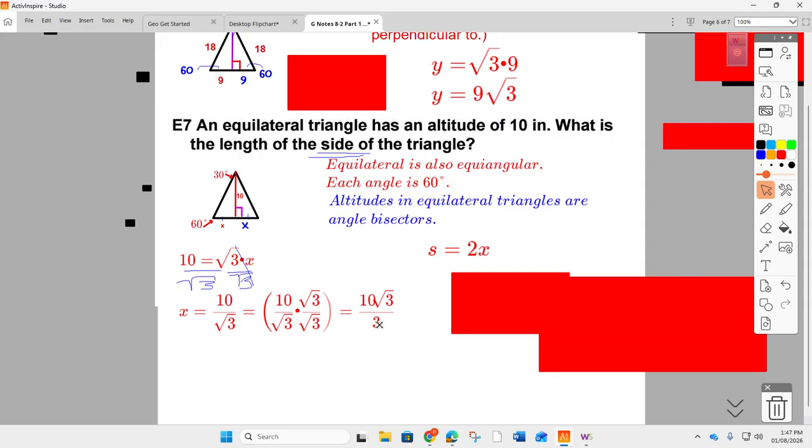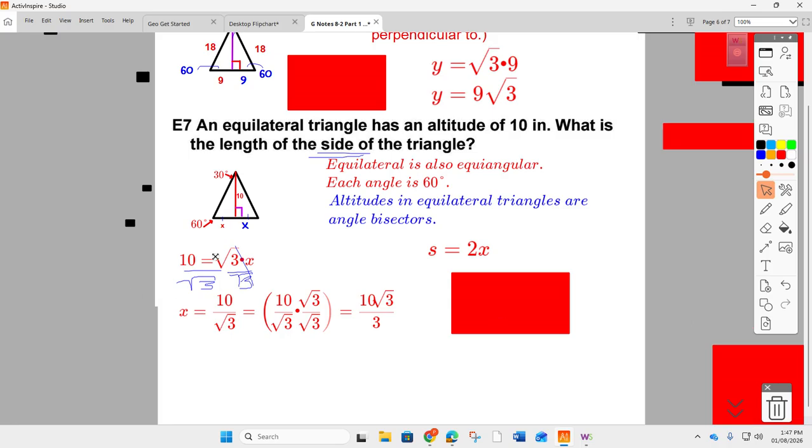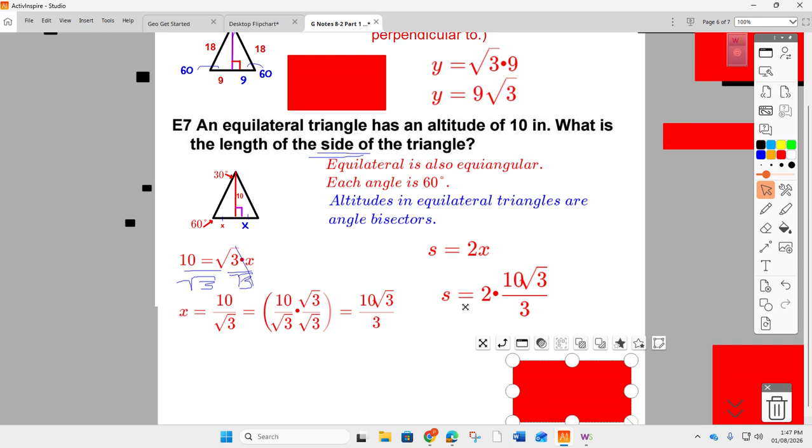So once we know that's what x is, that's half of the side length. So now we're going to multiply by 2. So 2 times x gives us the side length. So this is 10 square root of 3 divided by 3. Multiply it by 2,